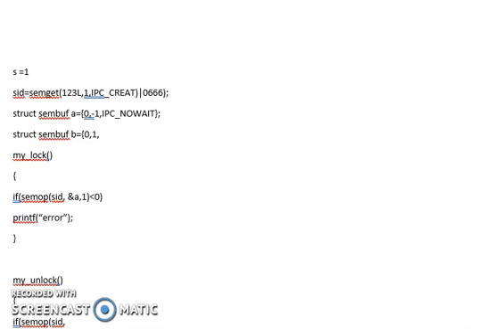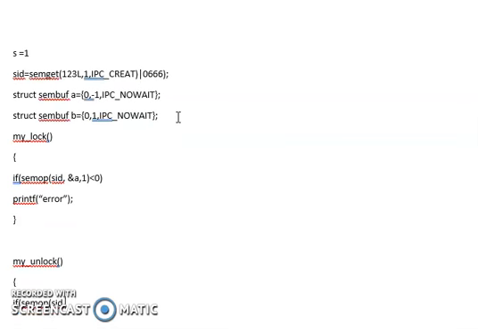Now I'll give the sem_op value as 1. Then I'll write IPC_NOWAIT. This is the second structure which I will be using for the exit section in my unlock. So I need to pass the address, and I have only one structure being defined. If it is less than 0, I'll again print out an error.